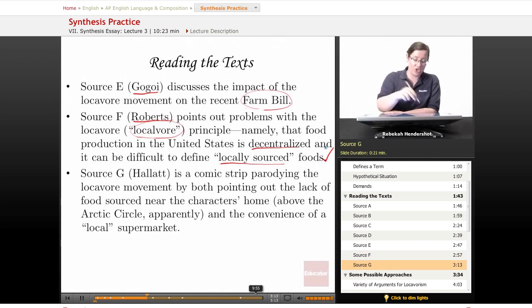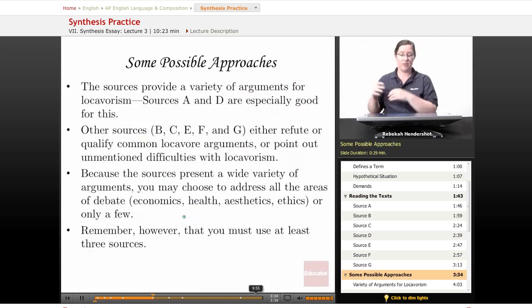And finally, source G, Hallett, is a comic strip from an environmental magazine, and it parodies the locavore movement. Parody is important, by both pointing out the lack of food sourced near the character's home, which is apparently above the Arctic Circle, judging by the name of the comic strip and the landscape you see, and it also parodies the convenience of a local supermarket. All right, so now that